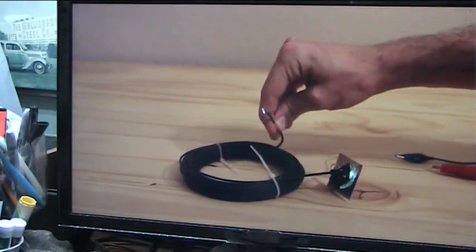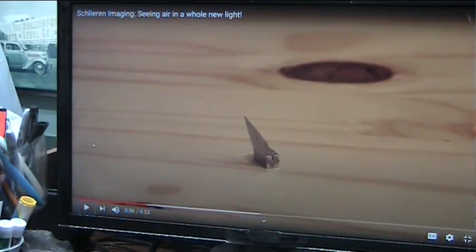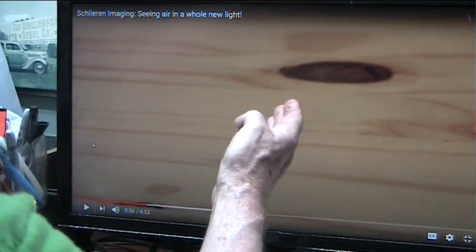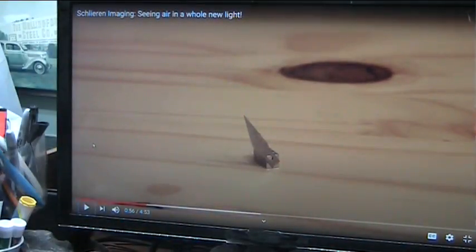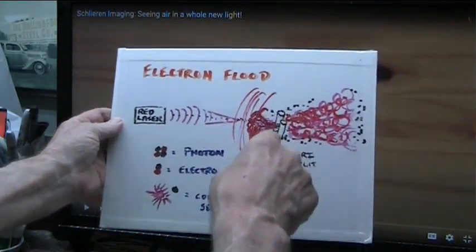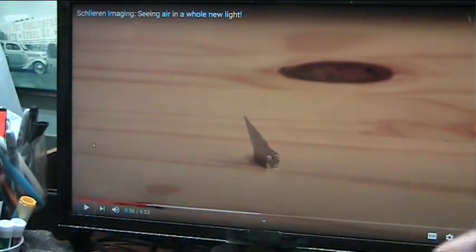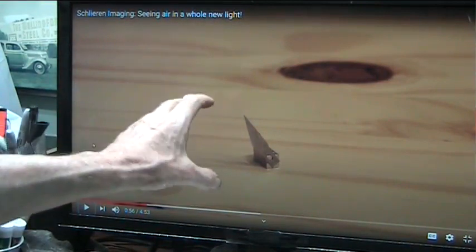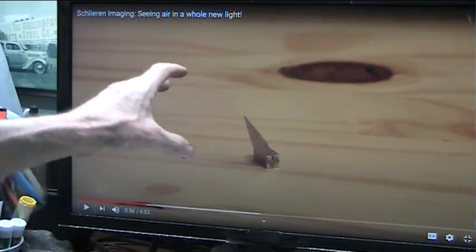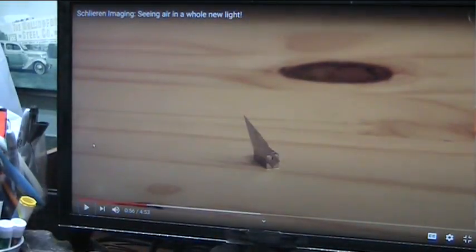I made mine out of a bright LED coupled to some fiber optic, and a razor blade or some sharp edge. The sharp edge is so that when the light concusses with it, all that's going to be let go by is the white. The black is going to get out of the way, and that's why they do the double slit experiment with sharp edge things. We did it with a Venturi, rounded things. And what that did, it accelerated the light, just like it does across an airplane wing or through a carburetor or anything. This is just blowing the black stuff out of the way and letting the white stuff continue on to really give us a strong picture of the excited particles, because they're the only ones that are ever going to light up. So we're hitting them with another beam of high energy particles that have been split off. The black ones get out of the way. The white ones continue on, highlighting our,